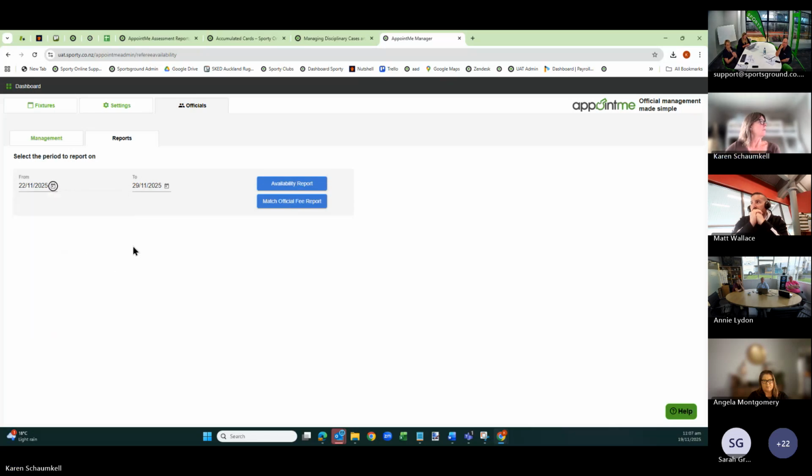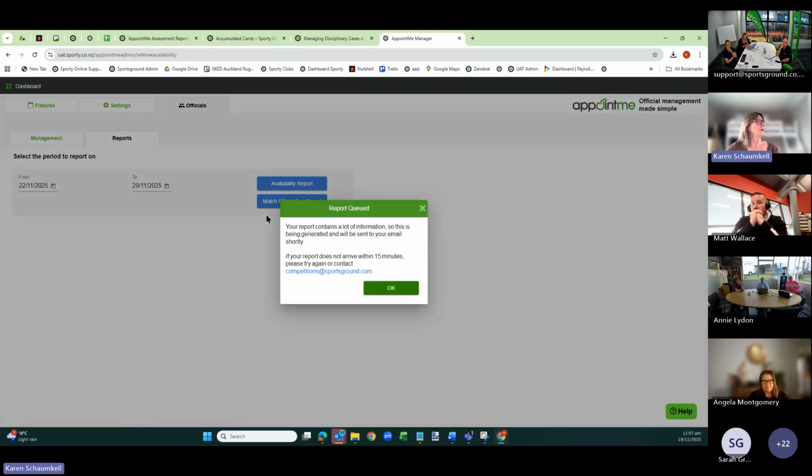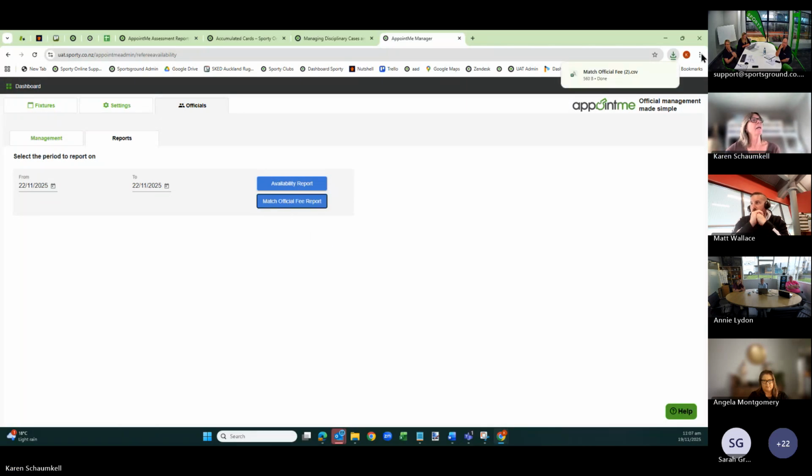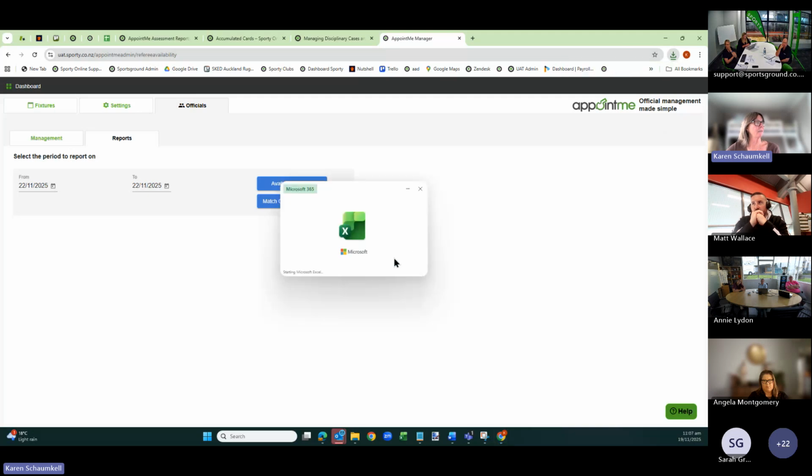If I was to just set that from the 22nd to the 29th, and actually, I'm just going to set it for one date so you don't have to wait for my email. The size of the report determines whether it has to be emailed to you or if it will just appear as a download. So to speed this up, I'll just do a report of one day, and then we can show it to you straight away rather than waiting.